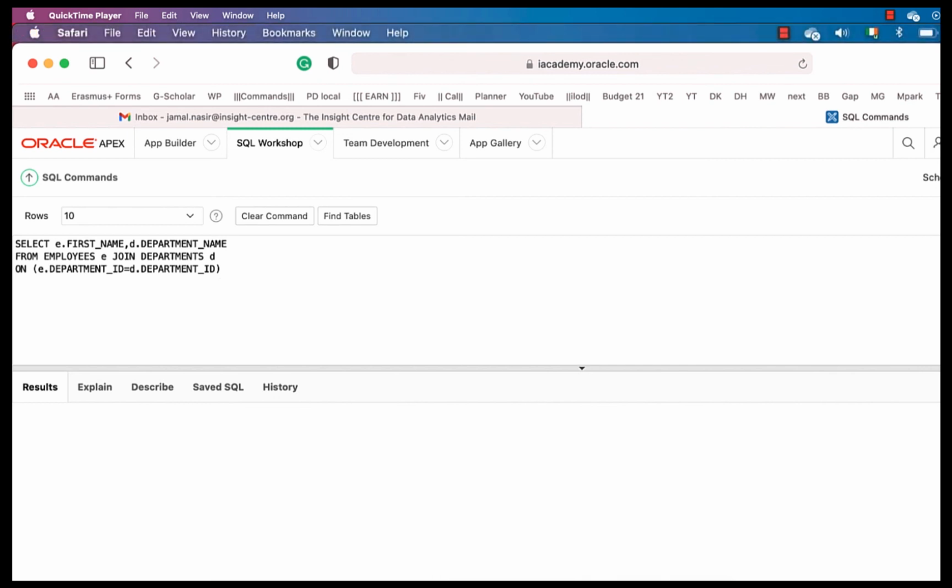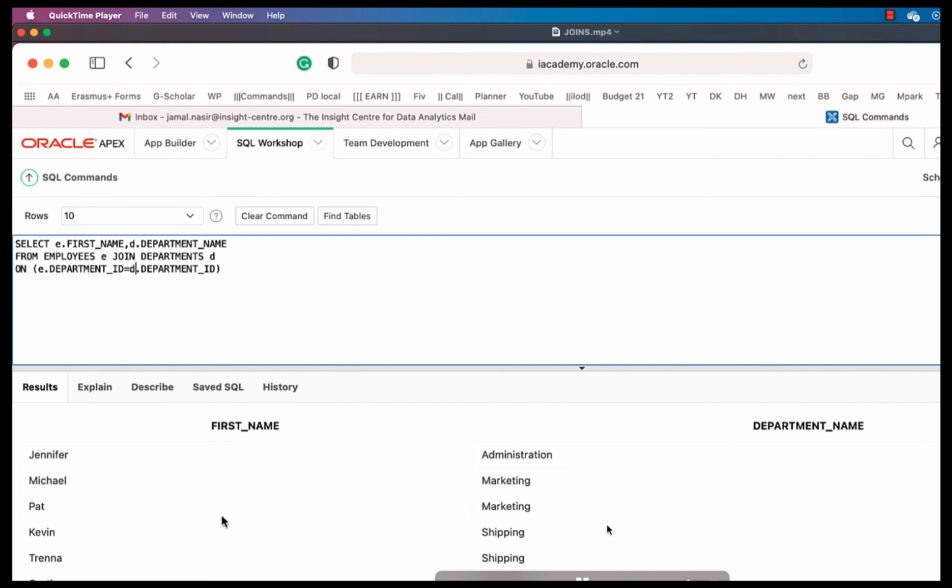So far we have seen 3 examples of the same results. The result would be the same for this query. That's why I was saying that instead of using natural join or the USING clause, you can just practice the ON clause. It will bring the same results as well. Same results, 3 different queries, but same results.